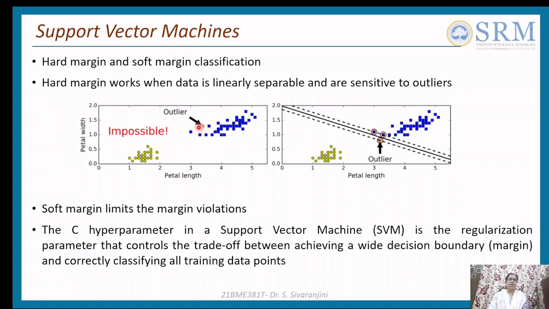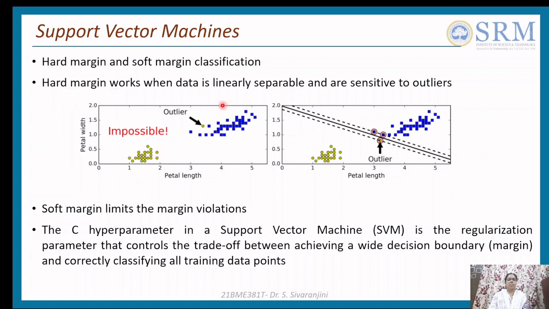So this becomes the outlier. An outlier does not belong to class A, but it goes and sits along with class B, where it does not belong. So when that is the case,